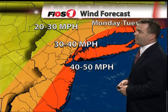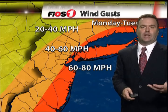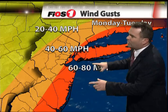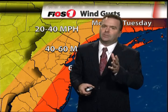We've seen sustained winds 40 to 50 already. We're going to see those gusts even stronger into the overnight hours. And then finally, by morning on Tuesday, it will still be windy out there, but I think we will not be seeing any more 60 to 80 wind gusts. We'll start to see those winds gusting maybe about 50, 55 miles per hour, but it's all about the direction